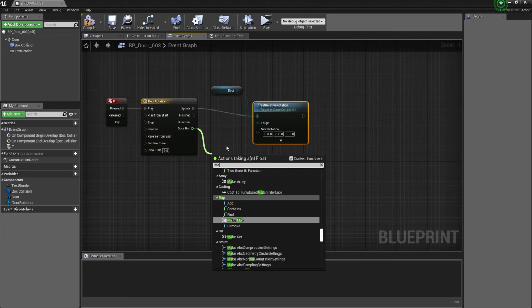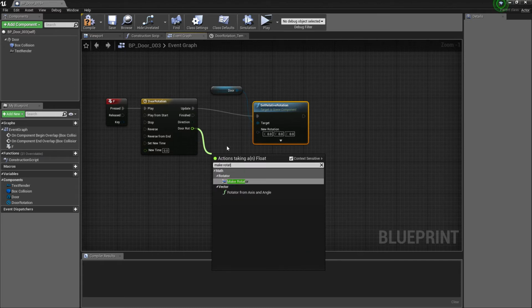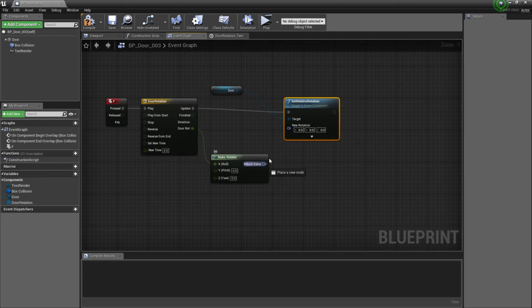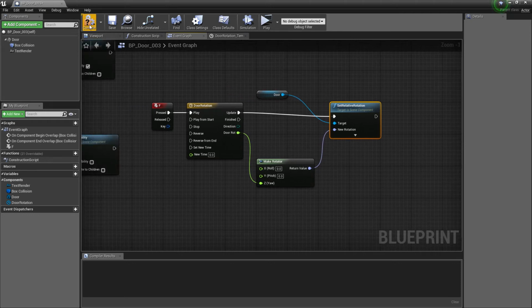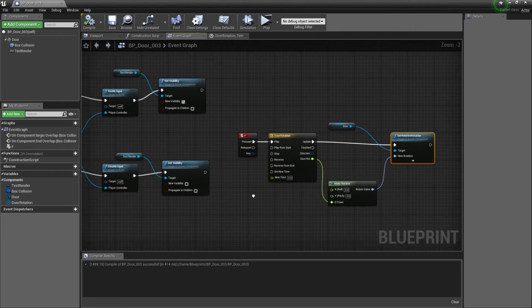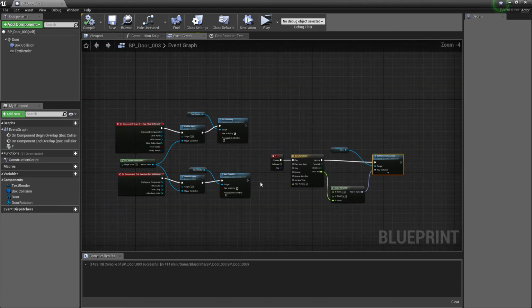Drag from the door ROT pin and search for Make Rotator. Connect these pins. And disconnect this by pressing Alt plus LMB and connect it to the Z axis. Hit compile and save and see if it's working or not.